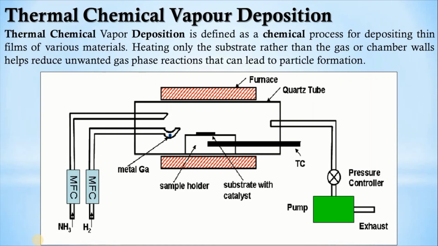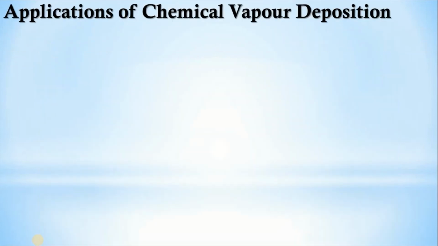In a hot wall reactor, contamination will take place. We have to frequently clean that reactor, but here only the substrate is heated, so there is less possibility of that contamination. However, hot wall reactors have higher throughput since the designs can easily accommodate multiple wafers or substrate configurations. So these are the thermal chemical vapor deposition reactors.